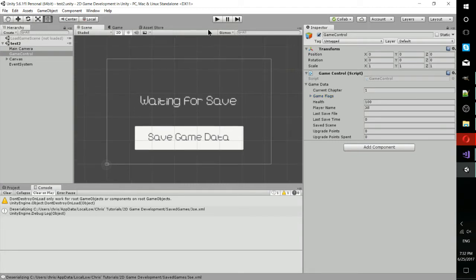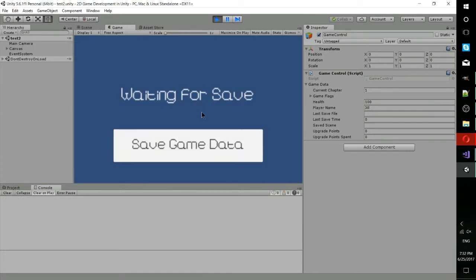So let's go ahead and play this scene. We have a giant save game data button, a very bland text box that says waiting for save. So when we hit save game data, we get a console message, game saved to the location on my computer,